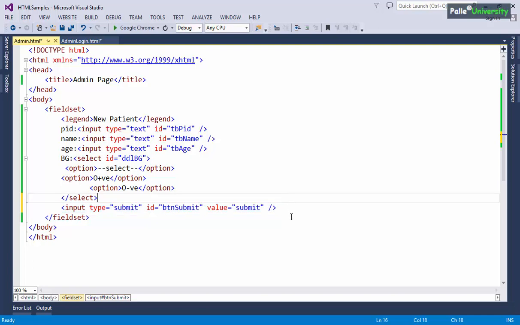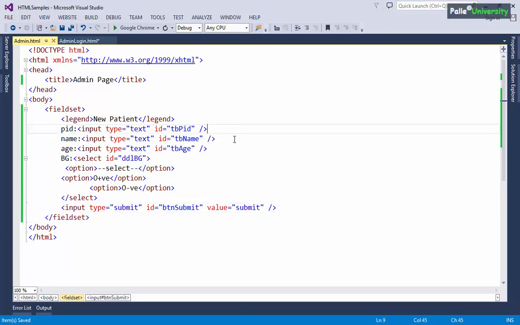You will understand the real difference between input type submit and input type button later, most probably when we come into the JavaScript concepts. So I believe you understood.